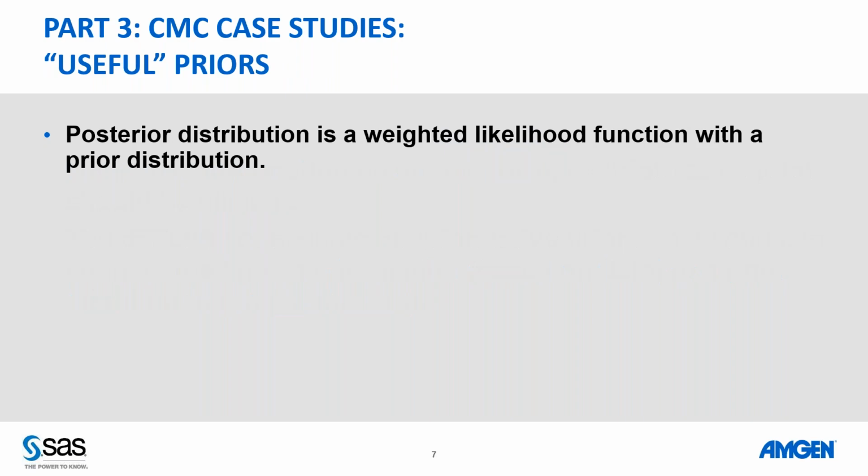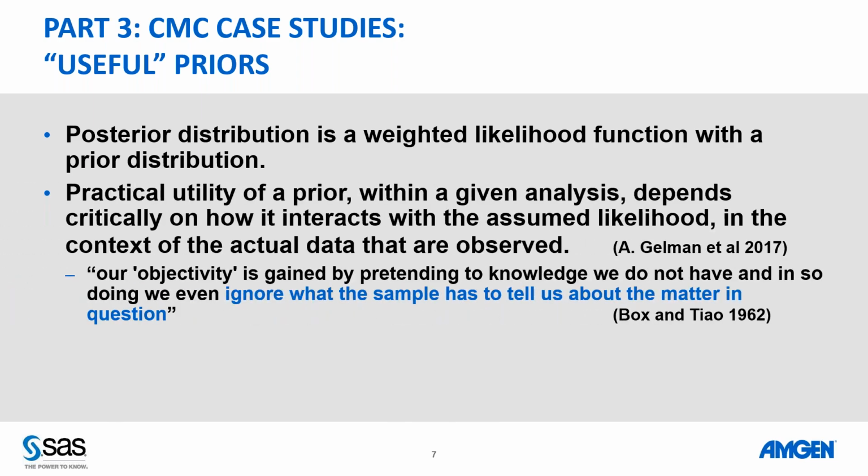So, things to think about. Sometimes I think of these as useful priors. I think of a posterior distribution as just a weighted likelihood. Remember, we mentioned that even though we may argue in methodologies, philosophy and interpretation, at the core of both the frequentist and Bayesian approaches, we still have the likelihood. And the posterior is just a weighted likelihood, weighted by the prior distribution.